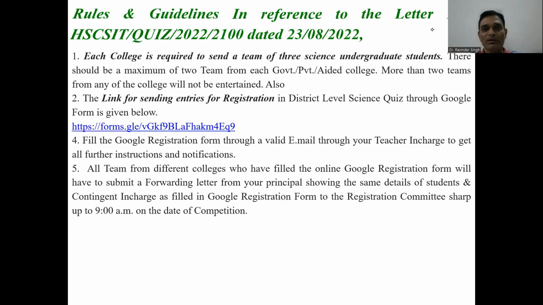क्योंकि DST डिपार्टमेंट का रूल है कि एक कॉलेज के अंदर से मैक्सिमम 2 ही टीम आ सकती हैं। एक टीम के अंदर 3 स्टूडेंट्स होते हैं। तो टोटल 17 जो कॉलेजेस थे उन कॉलेजेस के अंदर से 22 टीम्स आई, हर टीम के अंदर 3 स्टूडेंट, तो टोटल 66 स्टूडेंट हो गए। और साथ जो टीचर्स आए ये 14 इन नंबर, तो टोटल 80 पार्टिसिपेंट्स बन गए स्टूडेंट्स और टीचर्स को मिला के। सो दैट इज द ओवरऑल व्यू अबाउट द डिस्ट्रिक्ट लेवल साइंस क्विज कंपटीशन